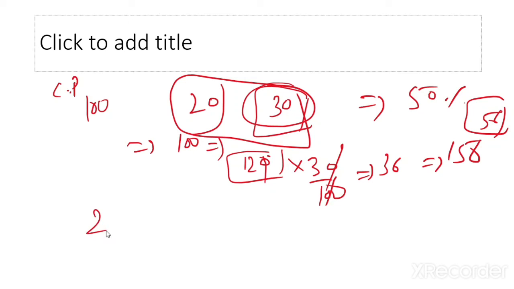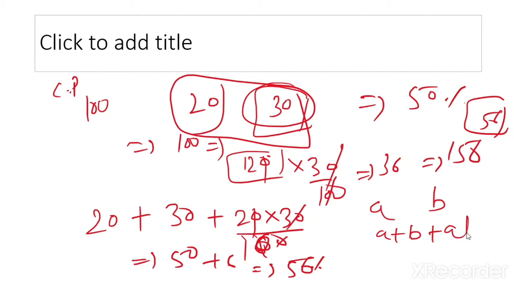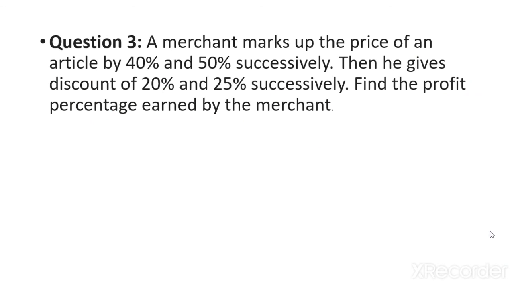That is, if you are having 20 and 30% successive, then first of all you will add it and then multiply it and divide it by 100. Okay, 20 plus 30, 50, एंड सॉरी यहाँ पे 100 आएगा. ठीक है, और ये आएगा 6, 50 प्लस 6, 56%. आप ऐसे भी कर सकते हो इसको. ठीक है, जैसे A है और B है, प्रॉफिट A% B% सक्सेसिव है, तो कैसे करोगे? A प्लस B प्लस AB डिवाइडेड बाय 100, ऐसे करना है. ठीक है, अभी देखो ये क्वेश्चन.